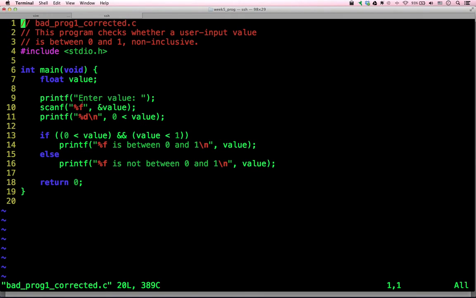First of all, see line 11. We are trying to print the value of 0 less than value, which is either a 1 or 0, which is either true or false. We just want to try what this will output. And then how it fixes the problem, you see this line here, line 13. It breaks every comparison into smaller, very basic ones, and then it uses this sign